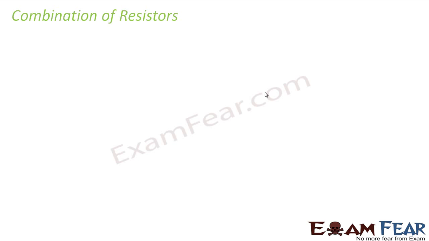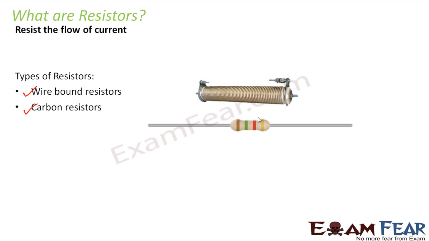So how do you get that specific value of resistance? In the previous slide I showed you these resistances, right? They are available in the market, but all possible values of resistors are not available. For example, suppose one resistance is 100 ohms, you have another of 105 ohms, and another resistor of 200 ohms available in the market. But let us suppose that in the circuit you want a resistor of 99 ohms and there is no resistor with resistance 99 ohms available in the market.